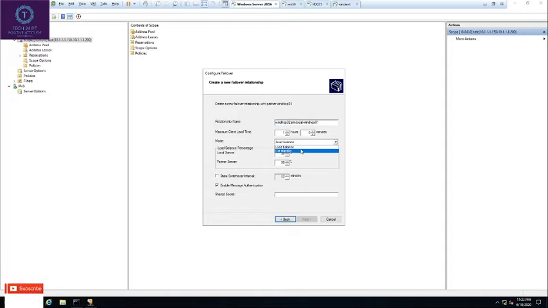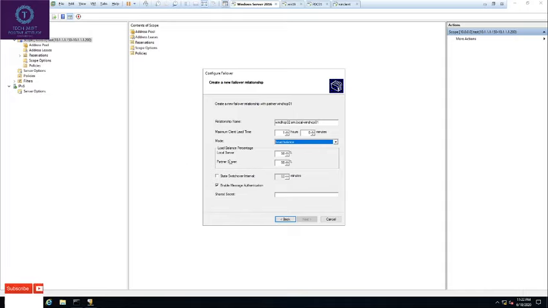There are different modes. As hot standby, you can keep either of the servers for standby, or you can balance the load. Currently I am doing the load balancing. In what percentage do you want to balance the load? Is it 50-50? Is it 60-40 or 70-30? Whatever the option is, you can do.